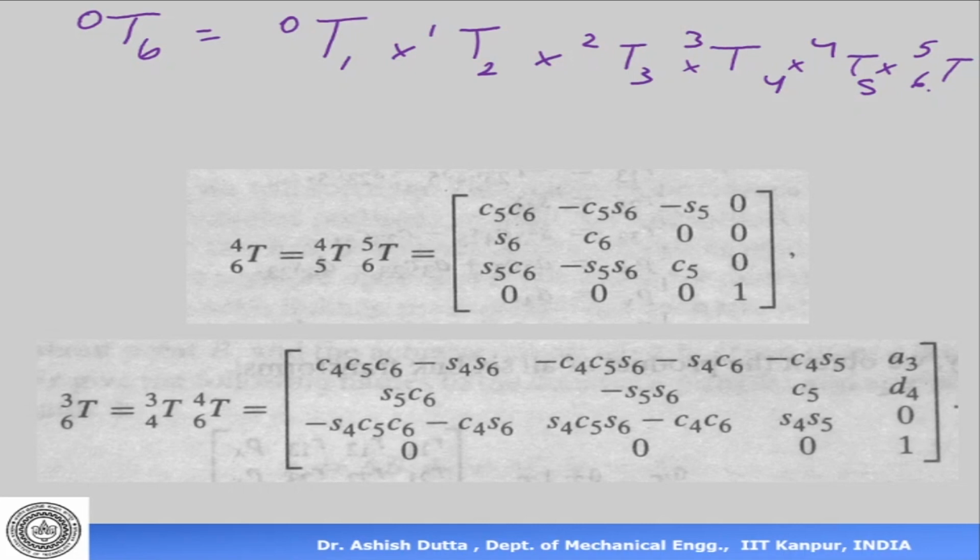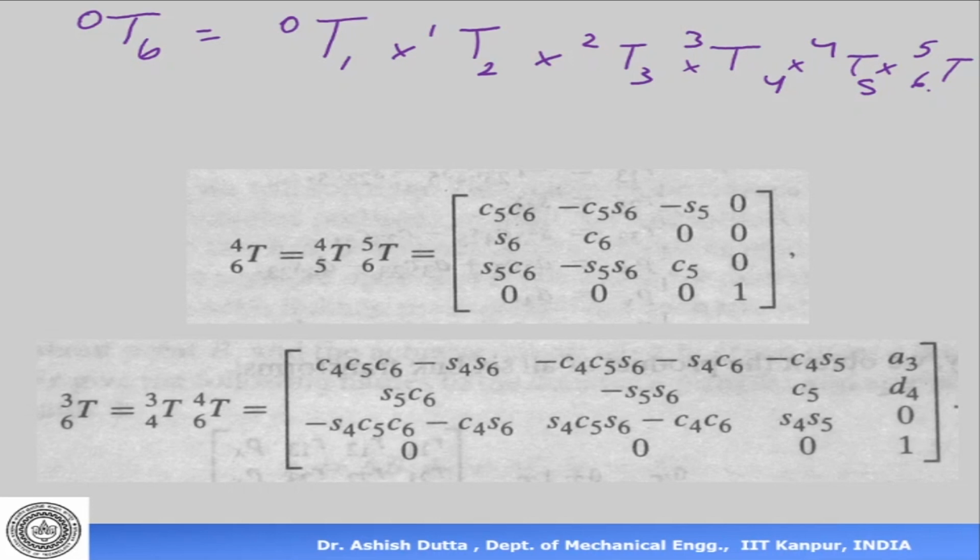Now as you can see, in the previous case, when we talked about a 3 degree of freedom system, it was pretty simple. Well, it is still simple, but the expressions become very long, and there's a very high chance of making a mistake. So very often, to do forward kinematics and inverse kinematics, we use a computer program. Please note that we'll do the multiplication in a particular sequence, and it will become clear as we go along why we use that particular sequence.